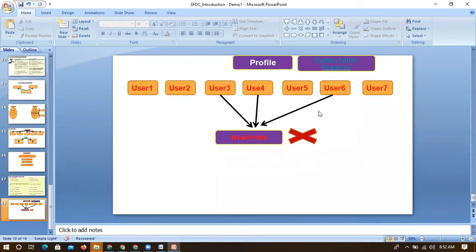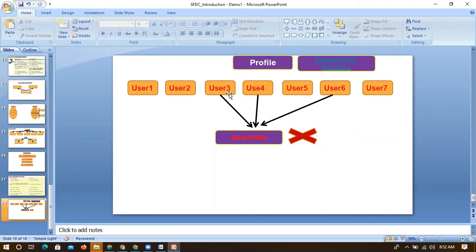So how can we handle this? Let's say I want to handle it through a profile. If I want to assign a new profile, is it possible? Ideally, it is not possible, that's what we were discussing from yesterday. User three is already connected with the system admin read only profile.